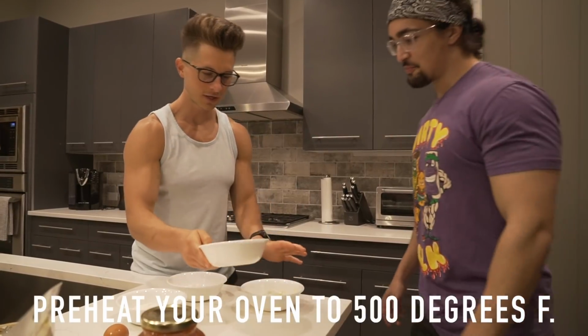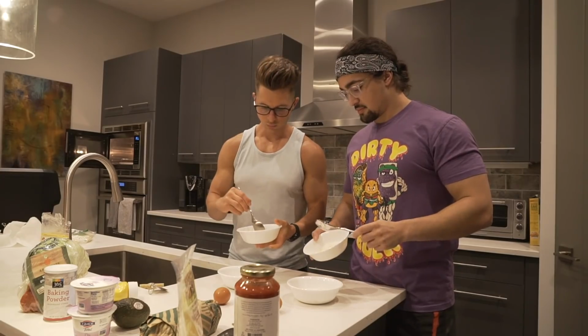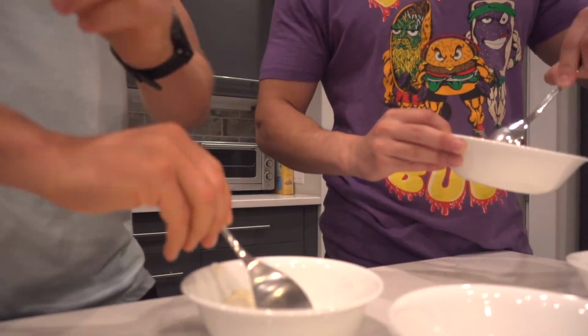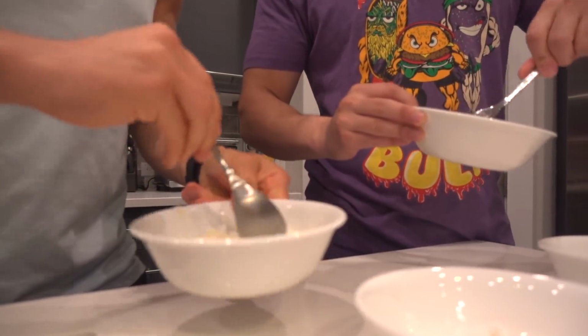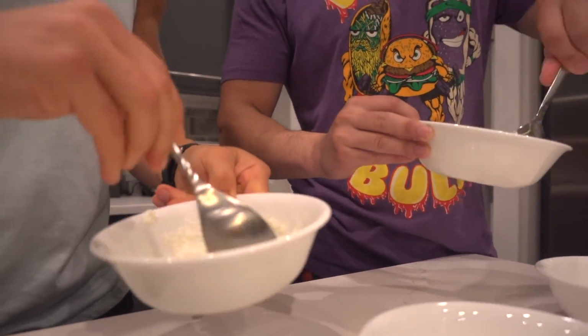All right, so the first thing we're gonna do is actually microwave these cheeses so then they can be melted and combined. All right, so we now have our cheeses out of the microwave. They are melted. We're gonna actually combine them. Be careful, the bowl is gonna be hot, so just really try your best to combine them the best you can. It's not gonna combine perfectly, but